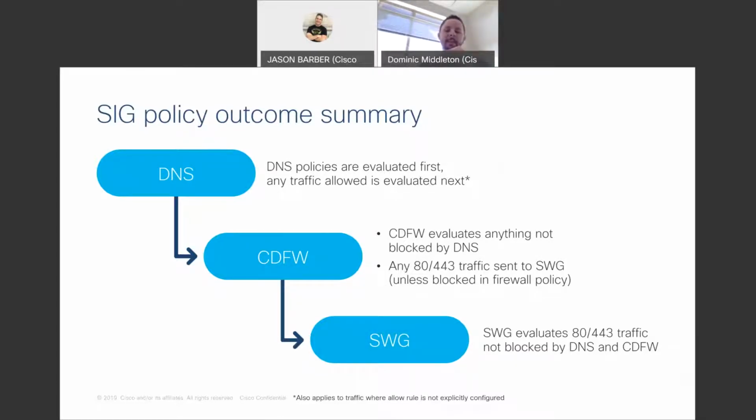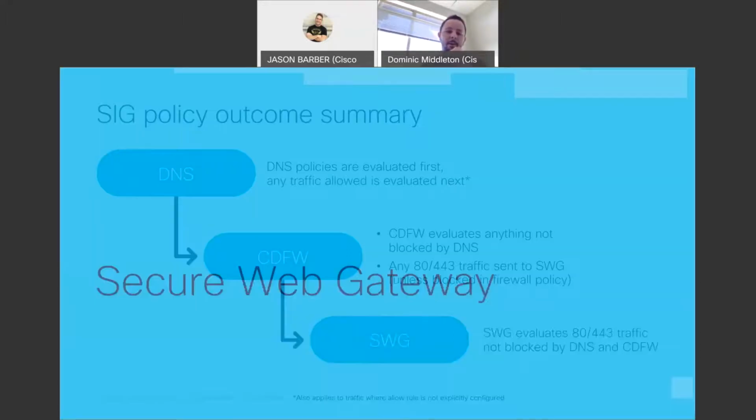So traffic, if it makes it past the DNS, hits that cloud delivered firewall. That evaluates anything that's, again, not blocked by the DNS. If it sees that it's port 80 or 443, aka HTTP, HTTPS, or web traffic, we're going to send that to the web gateway. The web gateway is going to check that out. If it's not web traffic, the firewall is going to direct it to whatever business application or wherever it needs to go. It has its own security checks in there as well. But you can see there's lots of different gates in place here and lots of different security layers that we already put in place to protect your customers against threats that are trying to make it into the network.